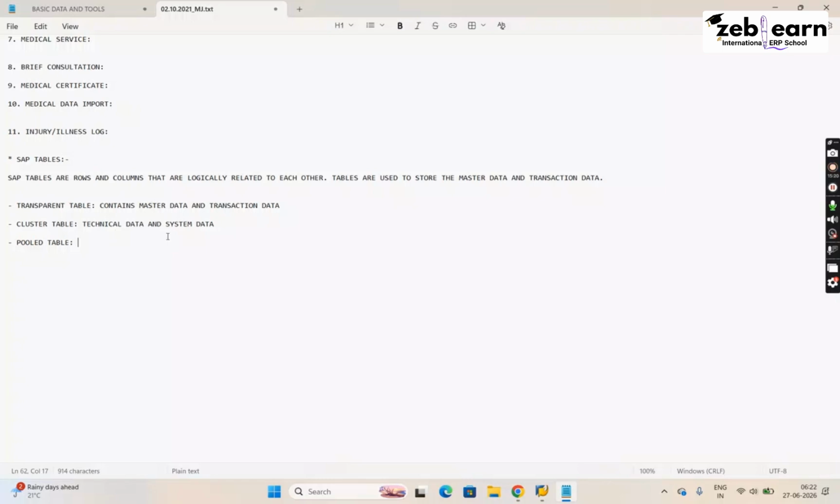And pool table also same thing. It contains technical data and system data, like programs, for example, or any other technical information like system admin related data you can find in this cluster table and pool table. We cannot access this. It is only used by the consultants. Technical consultants can only access cluster table and pool table. But what we can do is at least we can go and check out what data is there in the